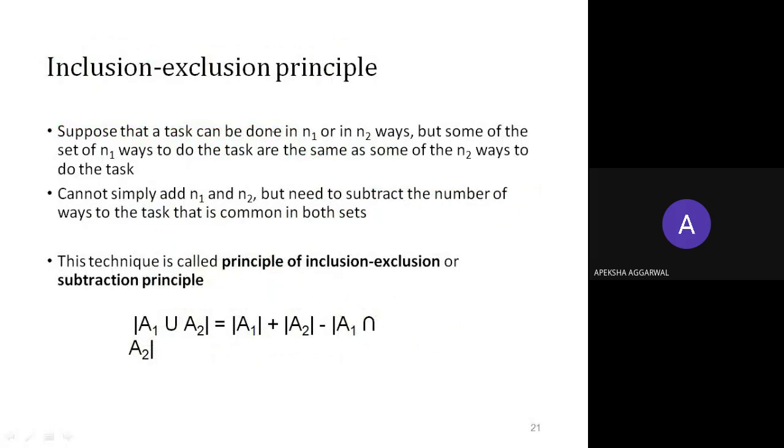Okay. Now, next is the inclusion exclusion principle. We have seen the sum rule: if you have possible choices, you will do either A or B. So either you can select 36 or you can select 20, right? We have seen the initial example. Now, what if there are some common items in the 36 that you have selected and in the 20 you have selected? Those would be selected twice. So you need to subtract once the common items in A1 and A2. This is called the inclusion exclusion principle.